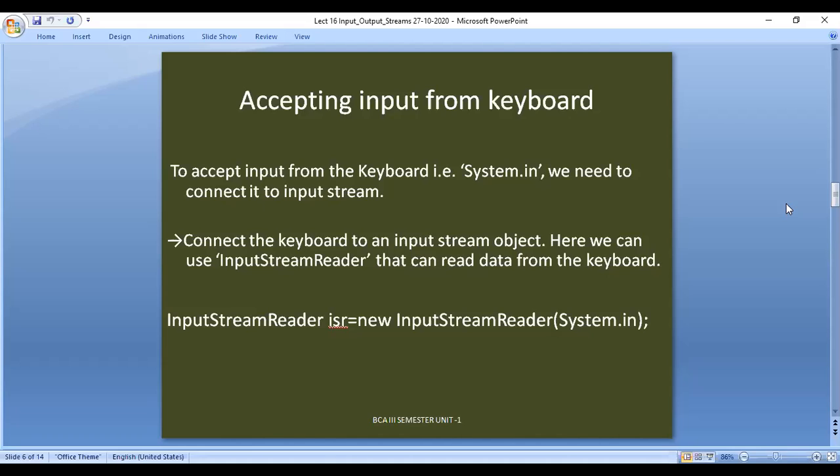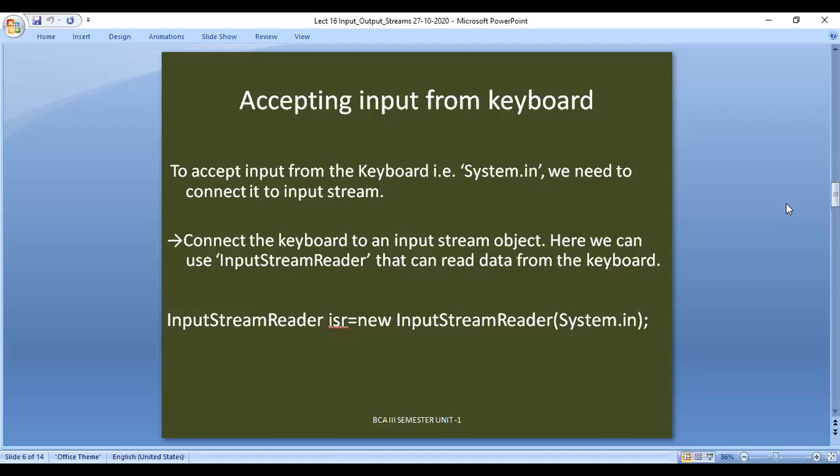To accept input from the keyboard, first of all, we need to connect some resources together so that we can accept data. First of all, System.in, as we said, represents an input device called the keyboard. That keyboard will be connected to an input stream reader, an input stream object. I think everyone is able to understand this one.